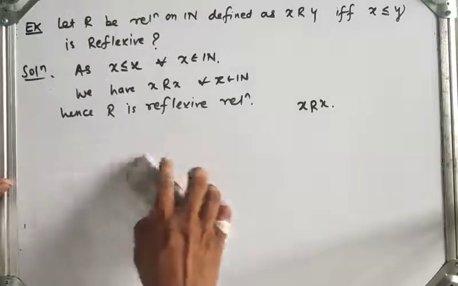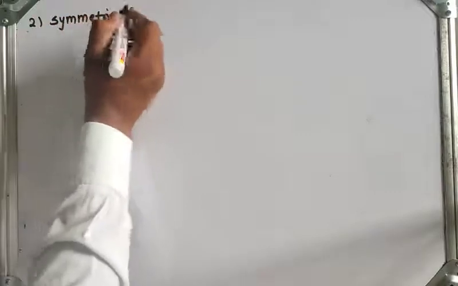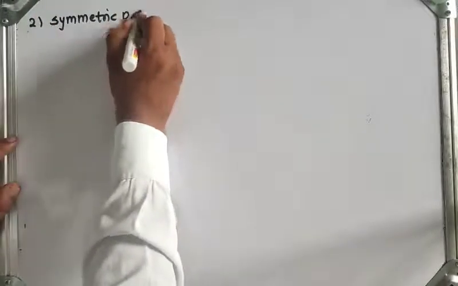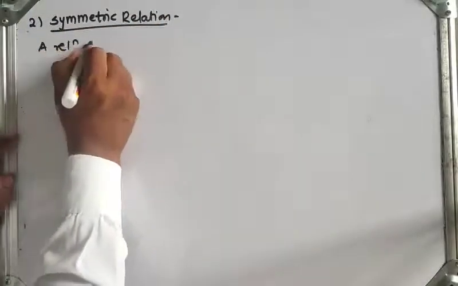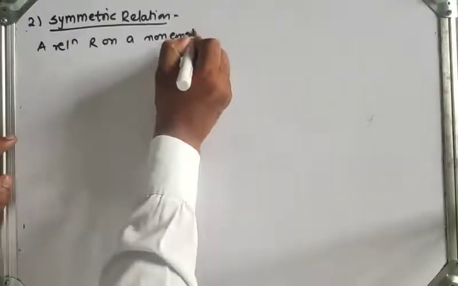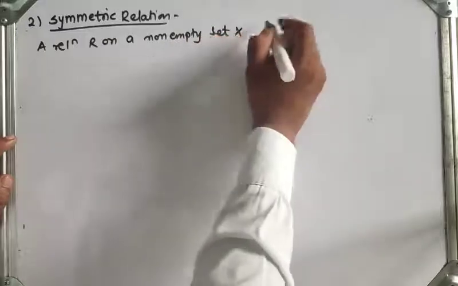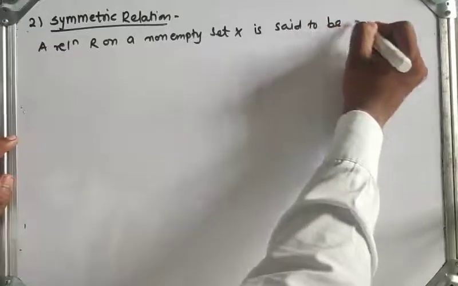Now the next relation is the symmetric relation, the second relation. So what is the definition of a symmetric relation? A relation R on a non-empty set X is said to be symmetric